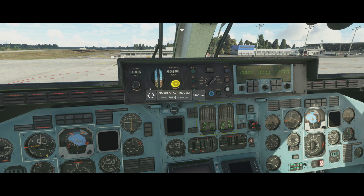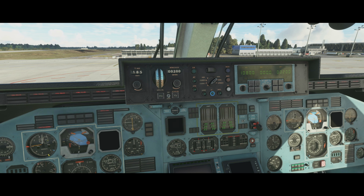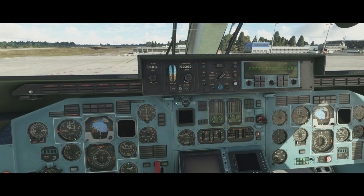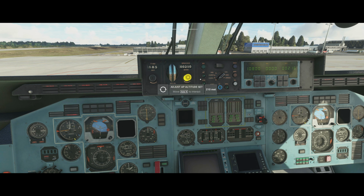Now let's try again if we set it to 1s. Now each movement does 1. I think you get the idea. You're going to be there a while. So this really allows that fine adjustment. It defaults to 100s because then you can easily set it. Then if you want to change the units to 1s, you can do that, and you can very precisely set your cruise altitude in meters,